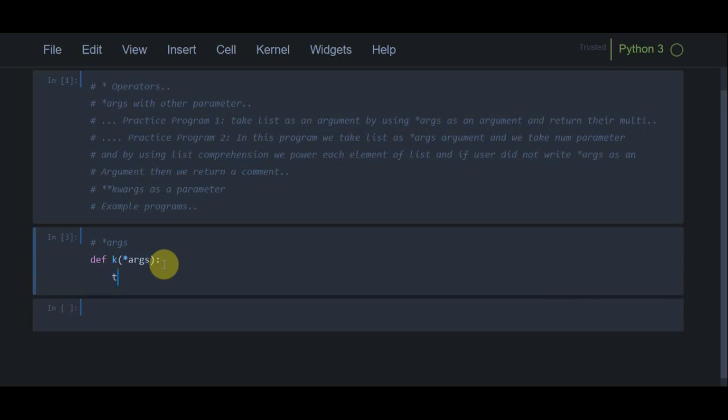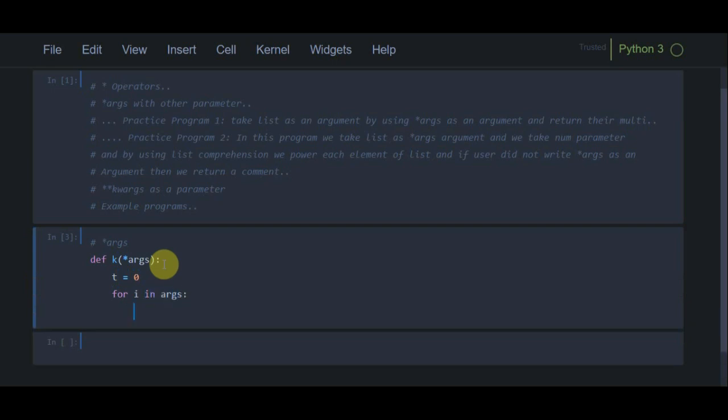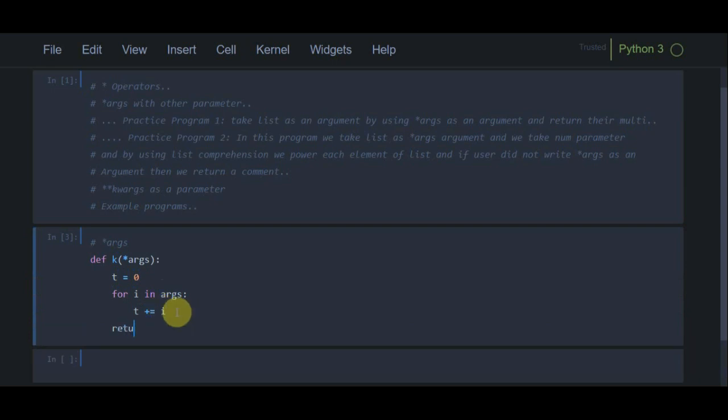First I am going to create a variable t and assign 0 to it, and then I am using a for loop for i in args, as args is the argument, and then I increment t by i, sorry, and then I can return t, and then I can call our function.